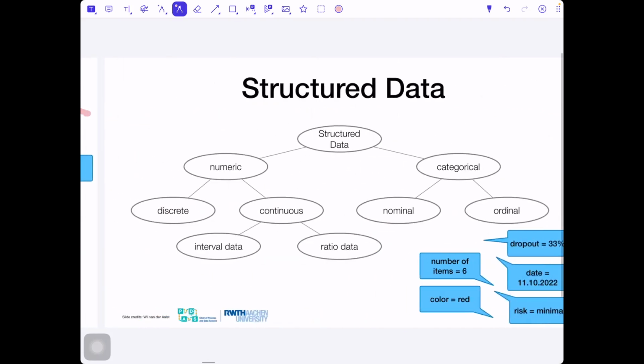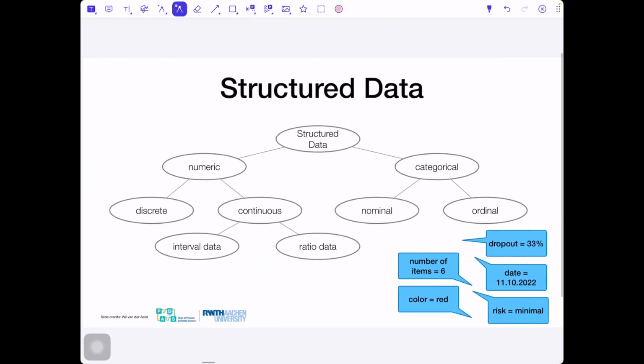Now I have some small questions for you. You see here some features. For example, number of items is equal to 6. Color of refrigerator is red. Dropouts, the number of students, 33% has dropped.